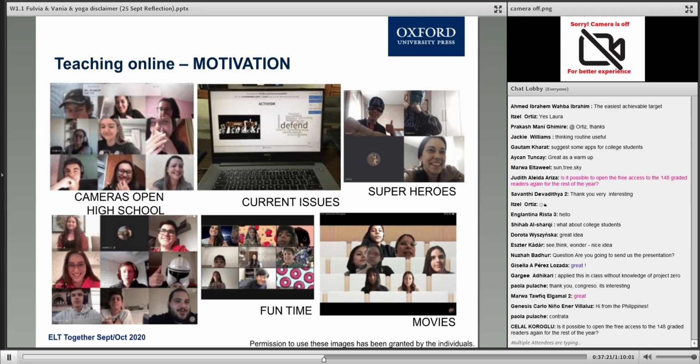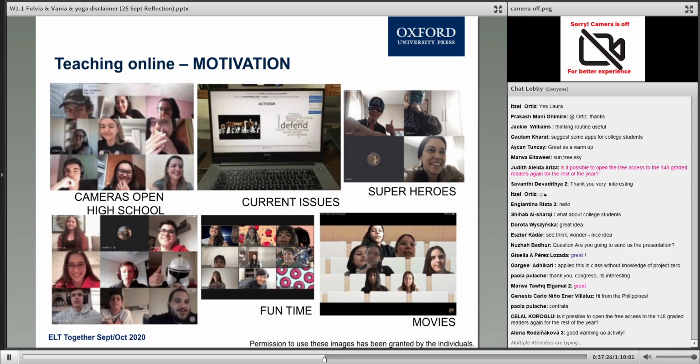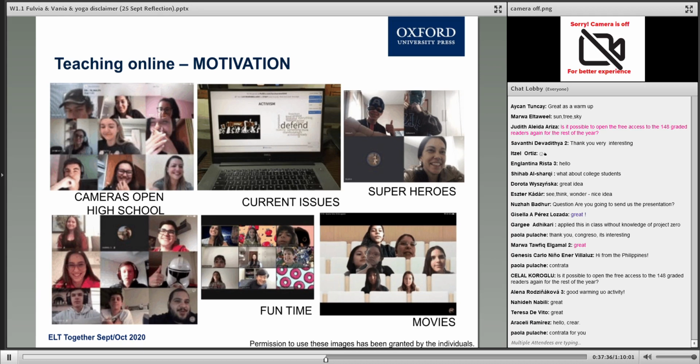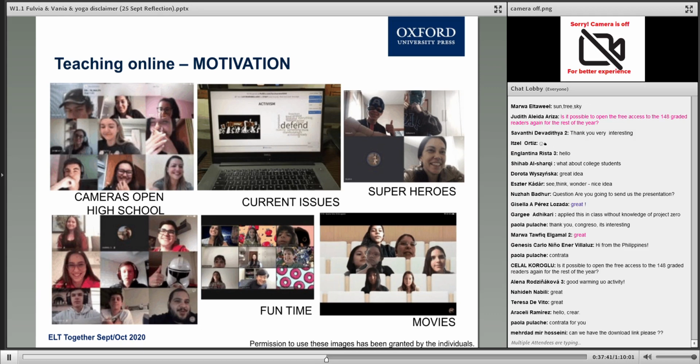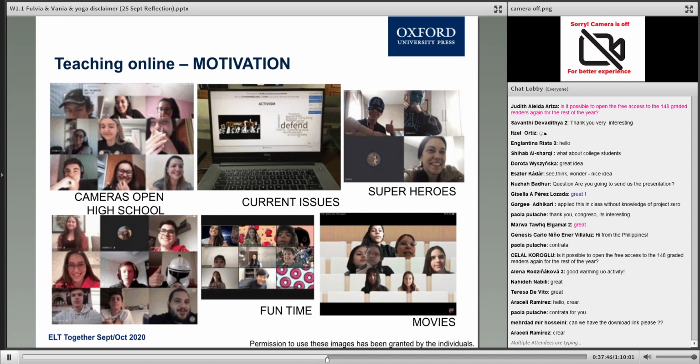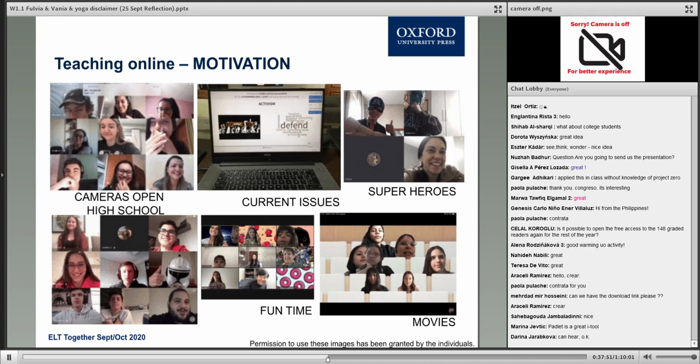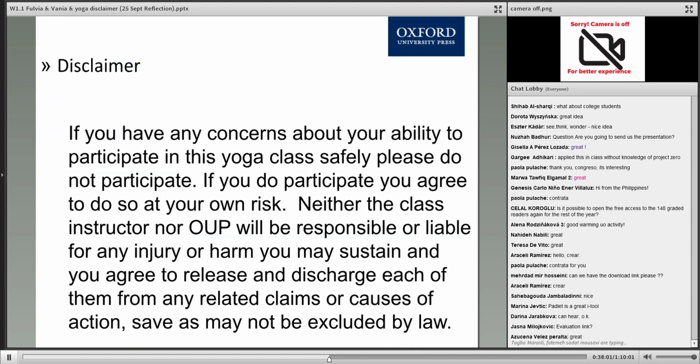activities we have proposed. When talking about superheroes, they would come up with a mask or a costume, and they would discuss lively. We also have here activism, which was about current issues. A nice class when we had that sad episode in the beginning of our pandemic with George Floyd and Black Lives Matter. All this subject was brought up, and students have discussed that a lot. So basically, this is to show you how we tried to keep our students motivated by using different educational apps and also different strategies.